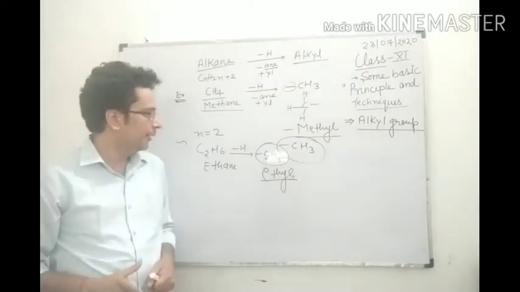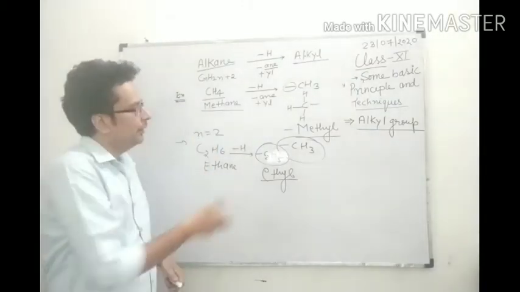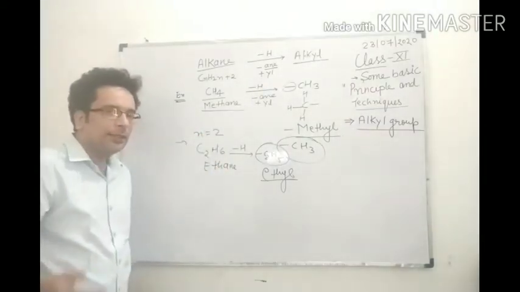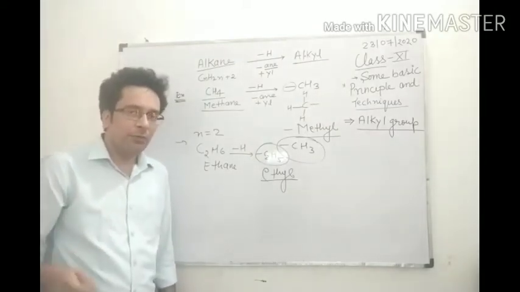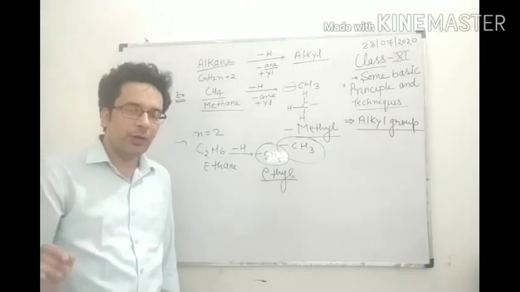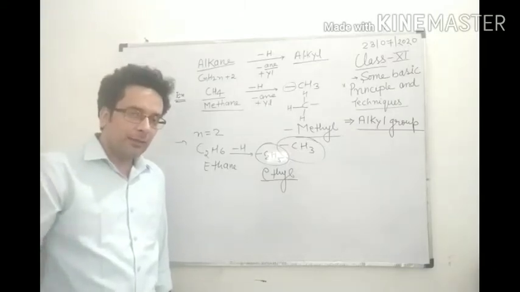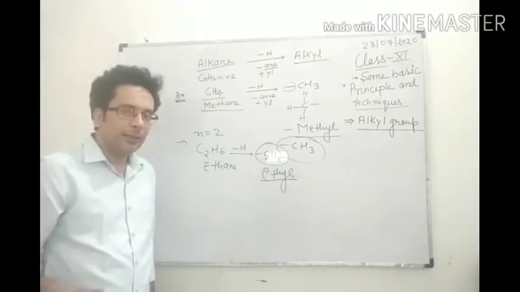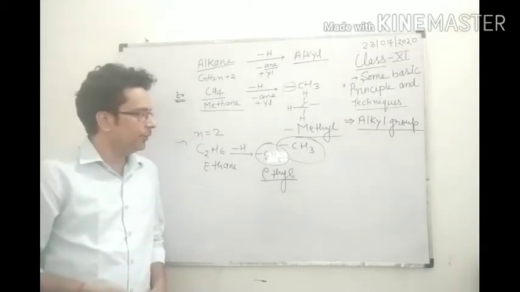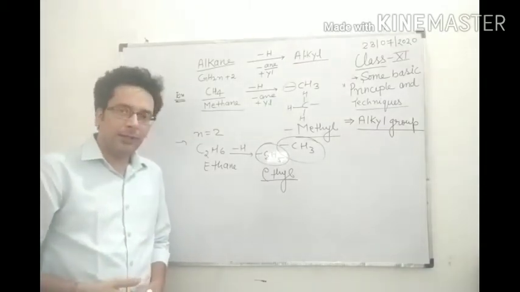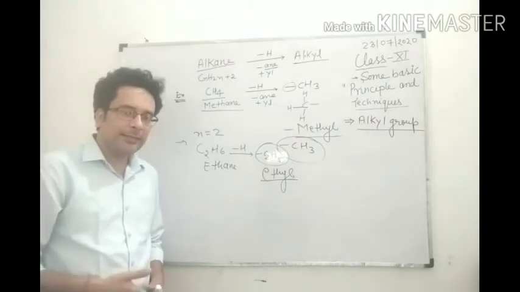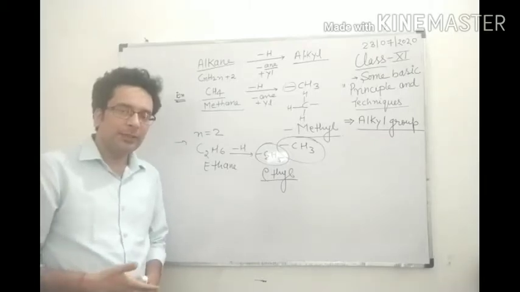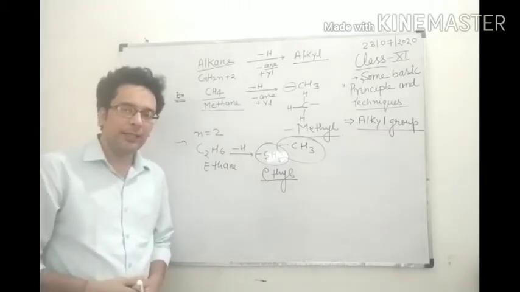If you want to take a screenshot, then take a screenshot. Now what is the definition? The definition of alkyl group is that when we remove one hydrogen from alkane, then we obtain a group, and that group is known as alkyl group. Clear? Next I am going to discuss why more than 2 carbon alkane, meaning propane, butane and so on,